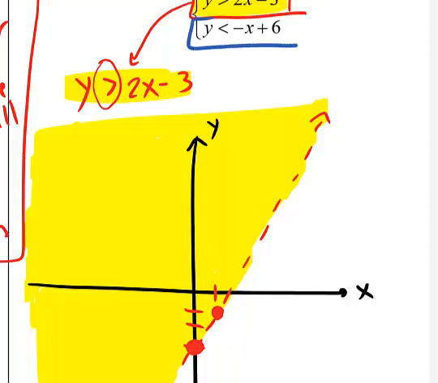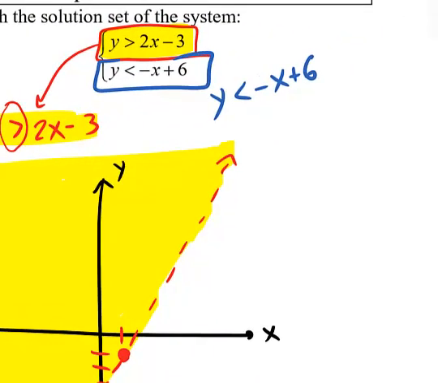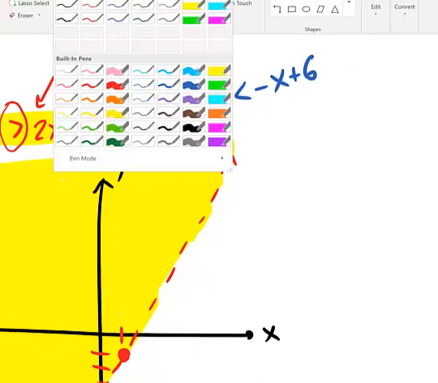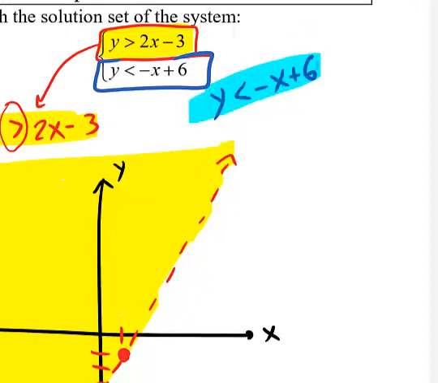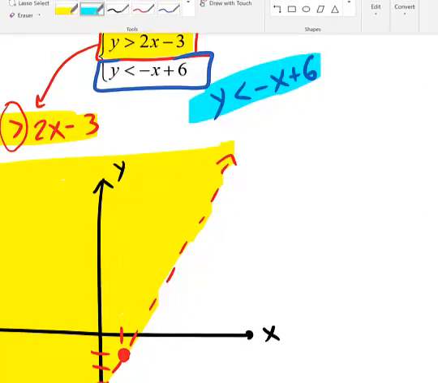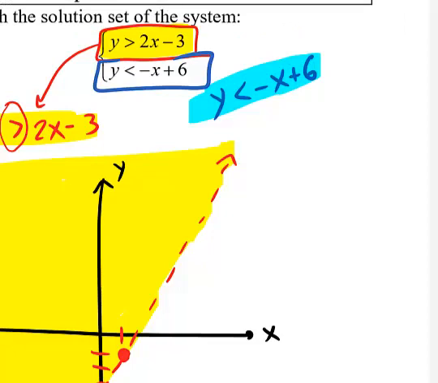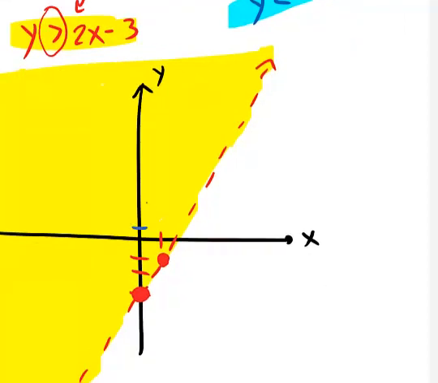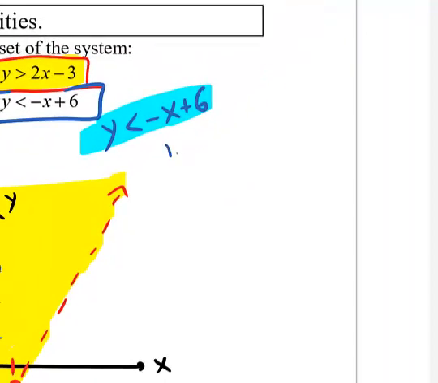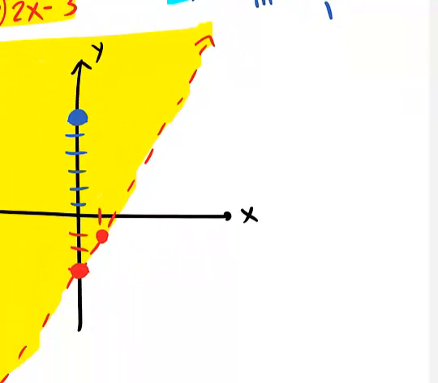And now we'll do the same with the second inequality. It was y less than -x plus 6. Thankfully, y is isolated already, so I don't need to do that. I'm just going to graph this. So y less than, okay, the y-intercept is 6. Let me find that: 1, 2, 3, 4, 5, 6, somewhere around here. And then the slope is -1. If I put that over 1, I'm rising -1, which is down 1, and